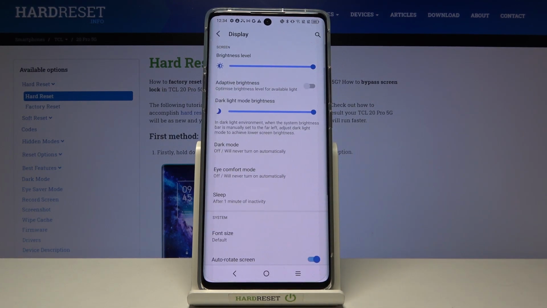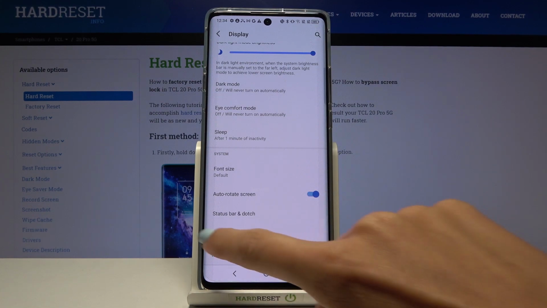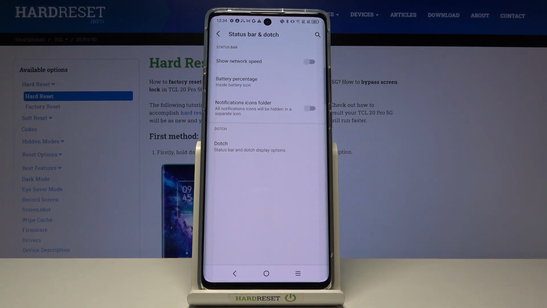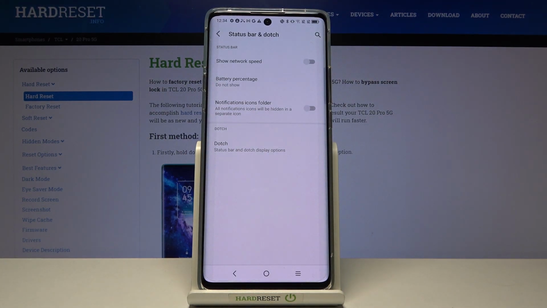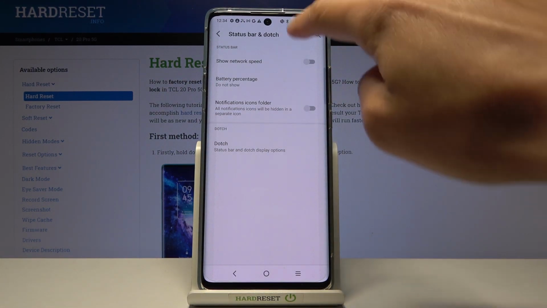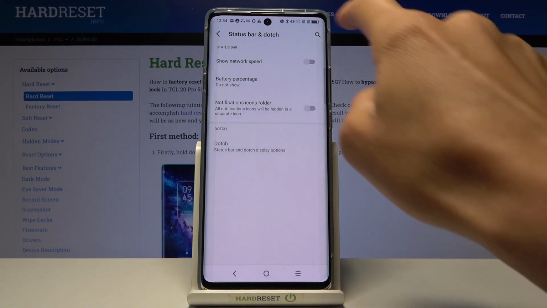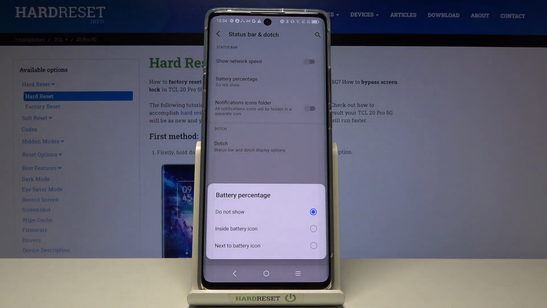display right here, and then locate and open status bar and dodge, and here you will notice battery percentage. Mark it, and as you can see, you can hide it by tapping on do not show, and now you've got only the visible icon, like the percentage is not included, or then you can pick inside or next to